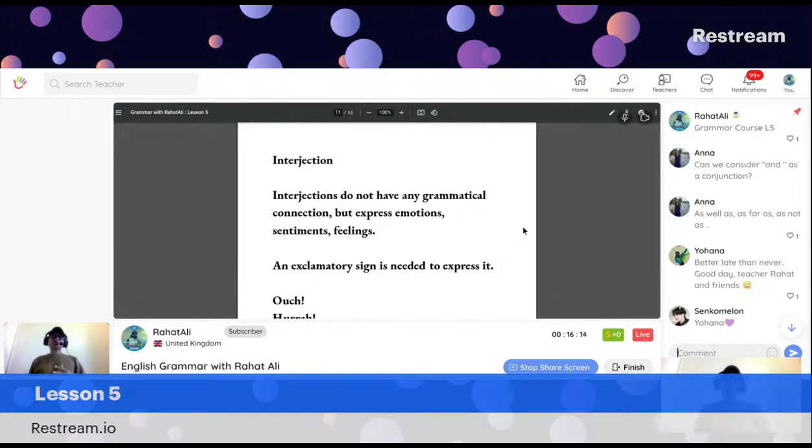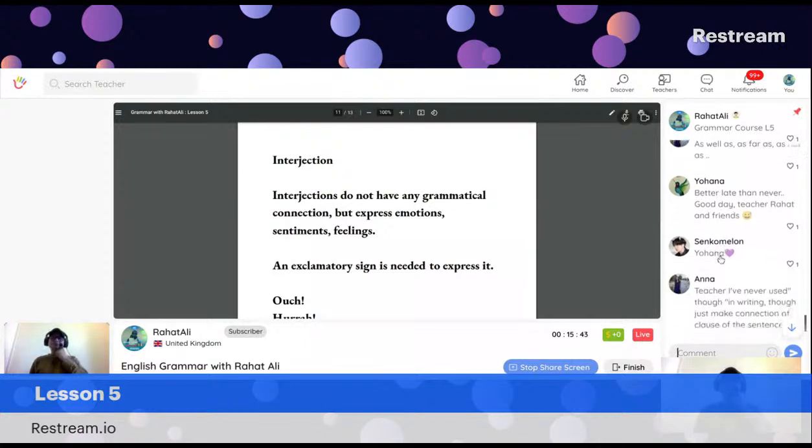Interjections are those words we use as part of our emotions, sentiments, and feelings. They don't have any grammatical meaning. For example, oh my God. See, very often we use this expression. This is a kind of interjection. Like, hurrah, we won the match. Or Yahoo, I won the lottery tonight. When you get pain, ouch, that is painful. You see, these are interjections. Ouch, hurrah.